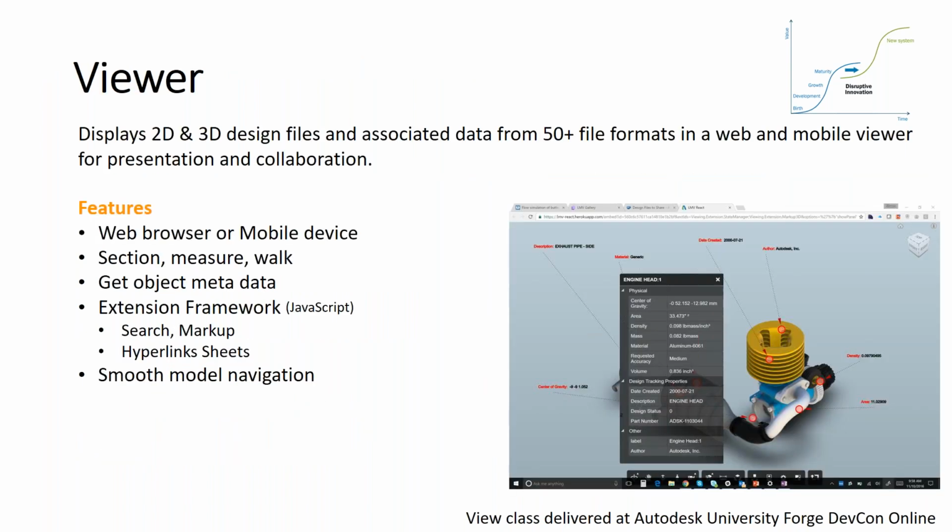There's the viewer, which I suspect everybody here has seen at some point. It is clearly a powerful way to deliver what has been complex CAD information to near anybody, near any device, near any time, without having to do an install, without a desktop, really allowing a much broader group of people to get involved with a design, whether that be a machine or a building or an infrastructure project.